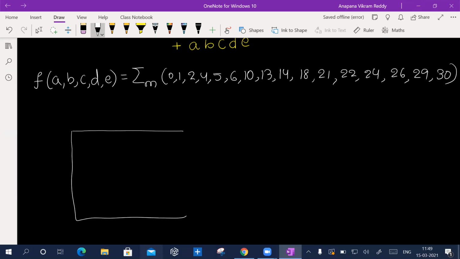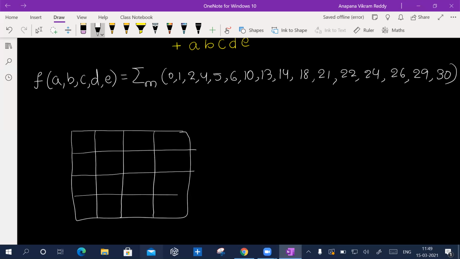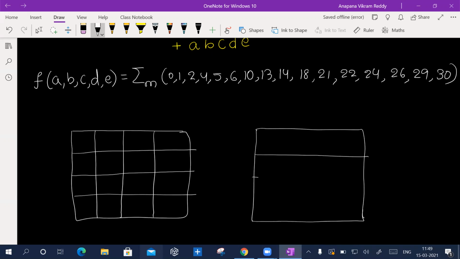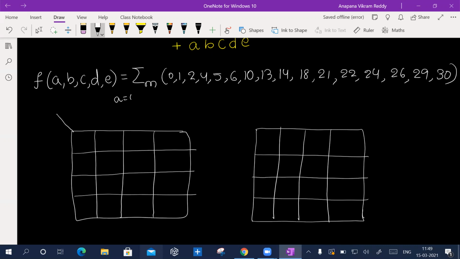The only thing is you must segregate between the A equal to 0 K-map and the A equal to 1 K-map. That's it, nothing else. Okay, see, let me put the other K-map like this. I can take a planar view this way. This way also you can go ahead, no problem. First one is what here? A equal to 0 K-map here. And this is what? A equal to 1. You must do this first of all. And the remaining stuff is the same, BCDE.